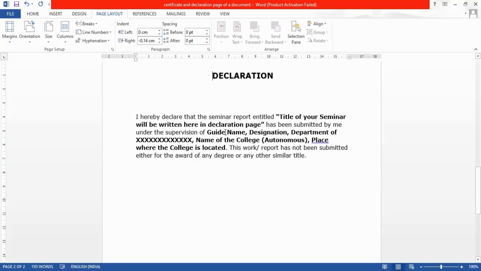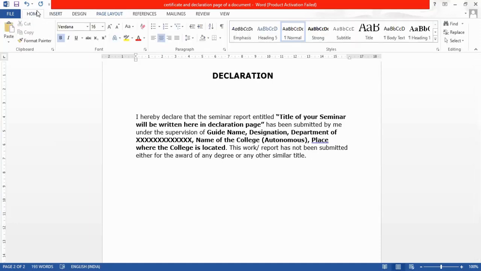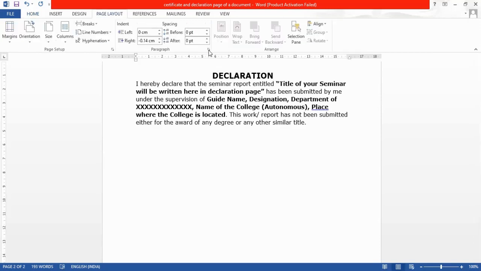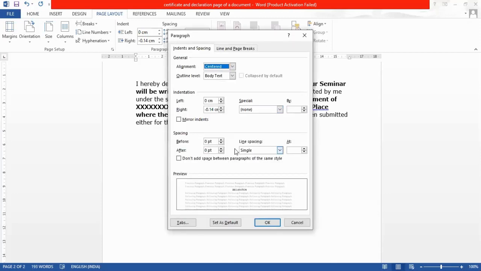So this is the declaration heading, and the font here is Verdana 16, so that is enough to maintain for the declaration heading. Now I need to remove the line gaps after the declaration and before the content because it has variations in the line gaps. I need to remove this. So now I can provide the line gap after this by placing the cursor at the end of the line, going to Page Layout, and clicking on Paragraph. Then I need to specify 1.5 lines and 10 points and press enter.